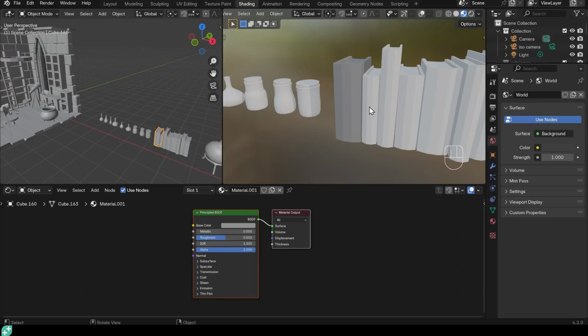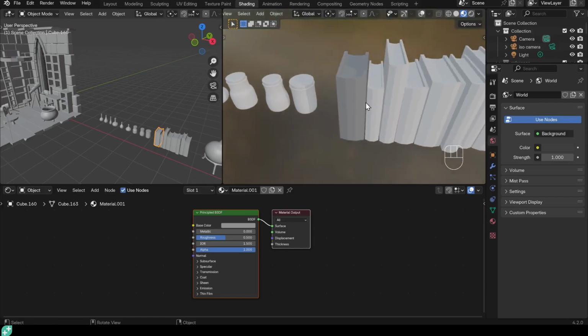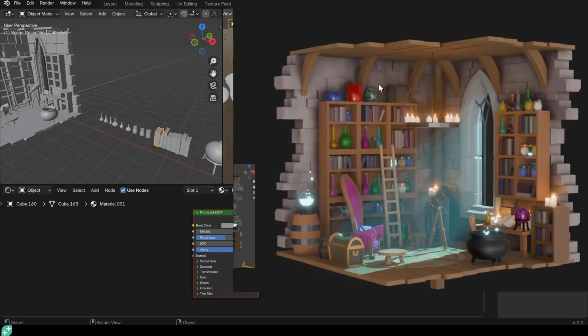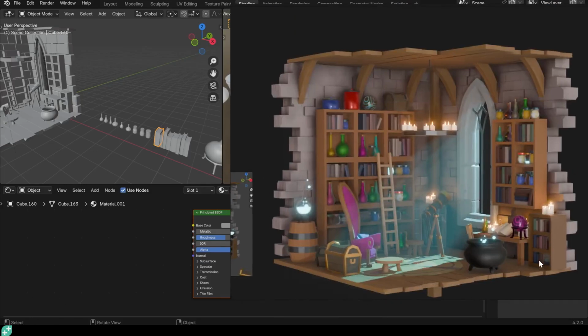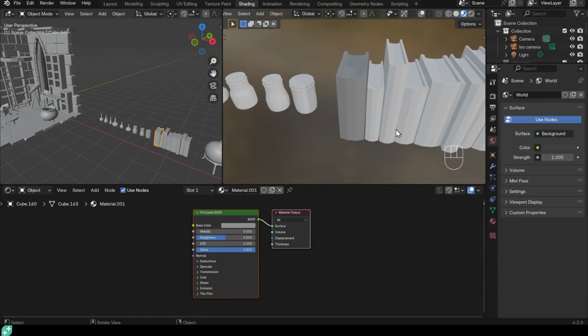So what we'll need to do, for ease's sake, I haven't ever shown the insides of the book in my reference, apart from this one. So it makes it a little bit easier to have the book as all the same color. You can have different slots on them, which I'll talk about later, but we'll just give them one color for the moment. And if we need to, we'll give the inside pages a texture as well for those that we need to.